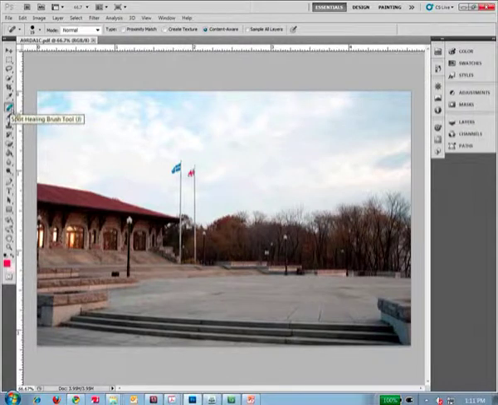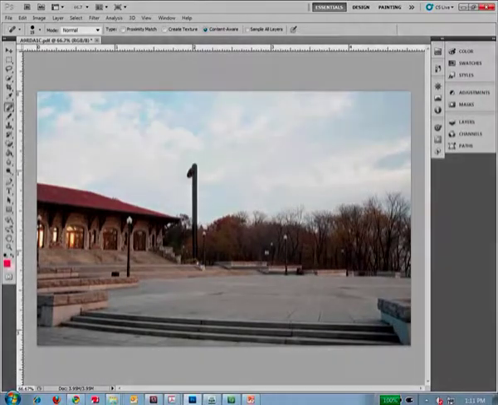Well, as I mentioned, in CS5, they introduced this new tool called the Spot Healing Tool Brush, also known as Content Aware Fill. And I'll select that tool, and then all I've got to do is kind of scribble over the thing I want to get rid of. And look at this. You're not going to believe it. Look at it. It just gets rid of it automatically. So I want to get rid of that whole pole. I'll just kind of drag my mouse all the way down, let go. The whole flagpole's gone. All right, we'll get rid of this flag. And again, this is really cool and easy. And again, I'm not a graphic designer, but I needed to